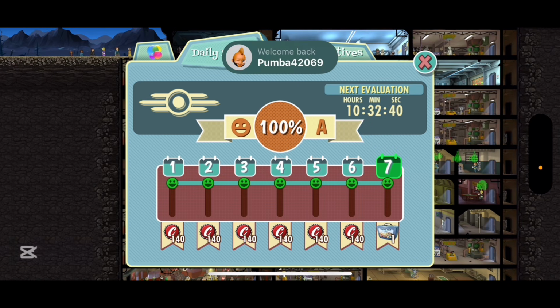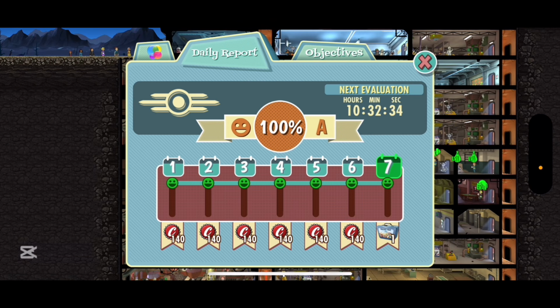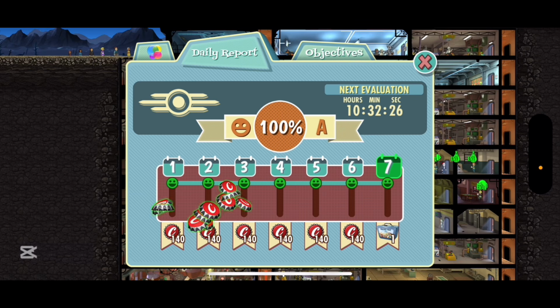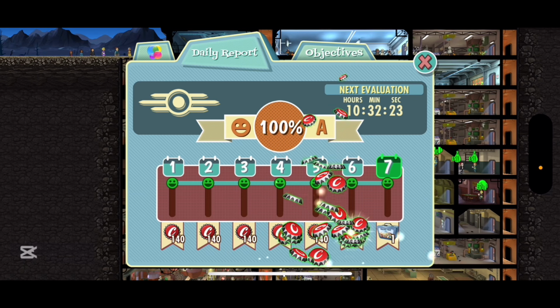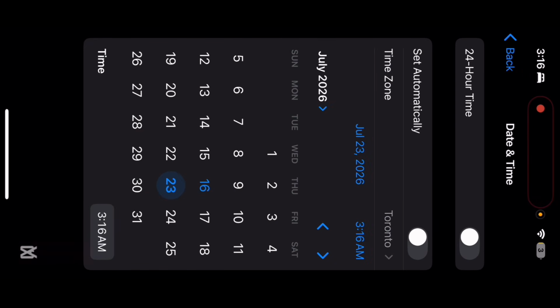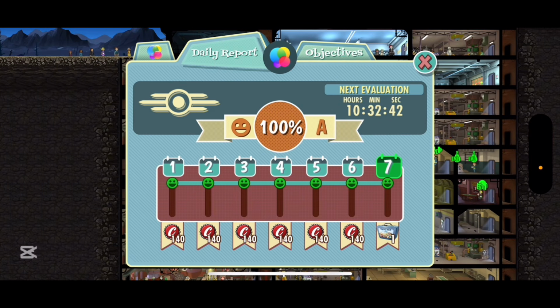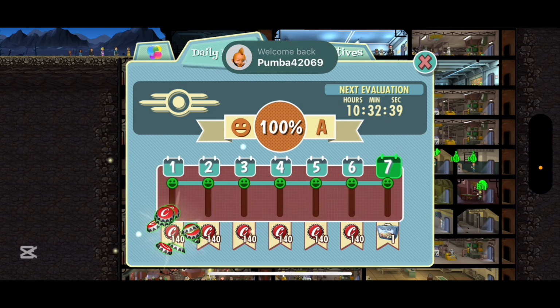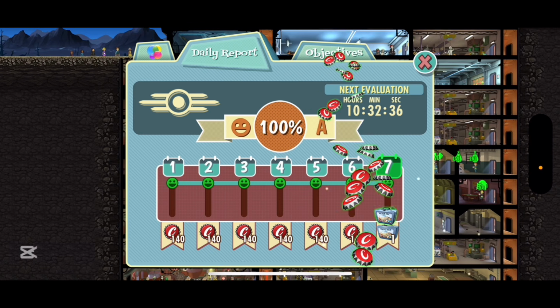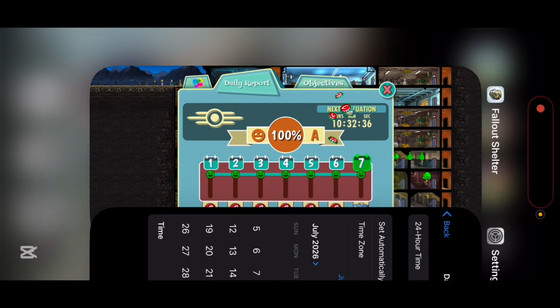And then we're going to head back into the game, and once you see that loading screen flash and you wait a couple of seconds, it might not show up on the daily report, like it still shows my last week's claims, but if I actually click on the spot, I can collect all my stuff, and I collect a lunchbox. And I would basically repeat. I would go back, skip forward 1 week, enter the game, wait for that flash, wait a couple seconds, and I would click all my rewards, and then I could do it again, skip forward 1 week, go back into the game,